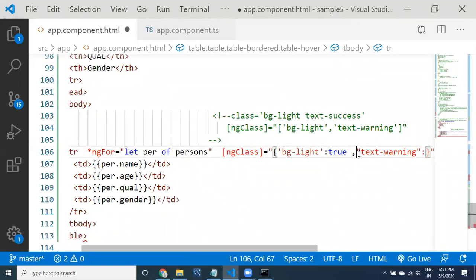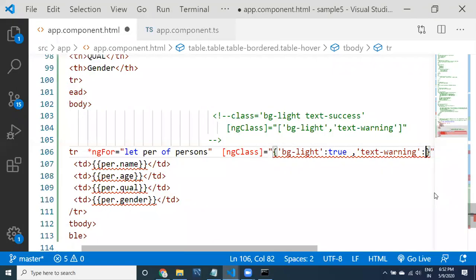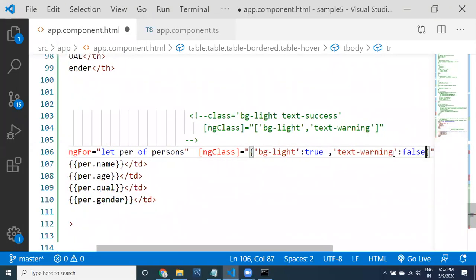You can take single quotes, because we have already opened double quotes. Inside the double quotes, take single quotes. Here you can apply false, meaning that this is not going to be applied. Normally we are not going to provide true or false directly. We are going to write an expression, and based on that expression it is going to work. Whichever classes you want to apply, you can apply them.